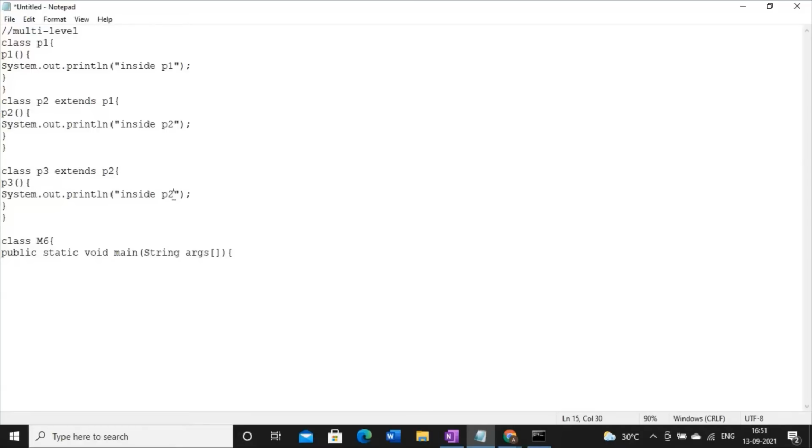Done. So this is superclass P1, subclass P2 extends P1, subclass P3 extends P2. And now we have the main class M6, and according to this logic we have to create an object of the lowermost class, P3.